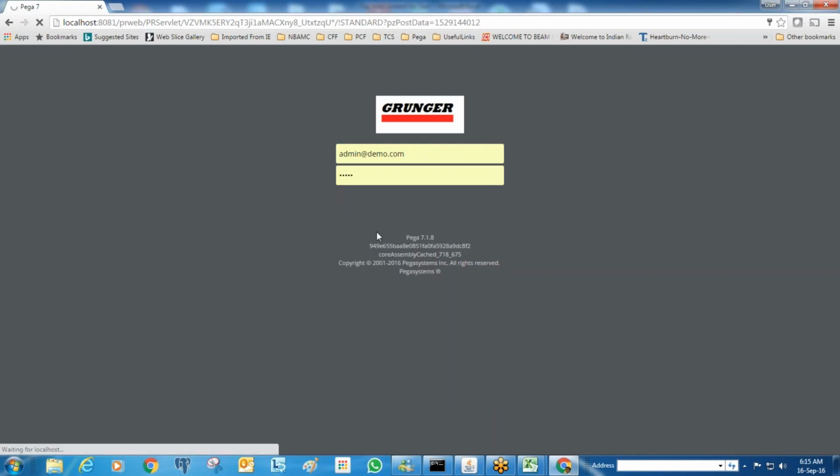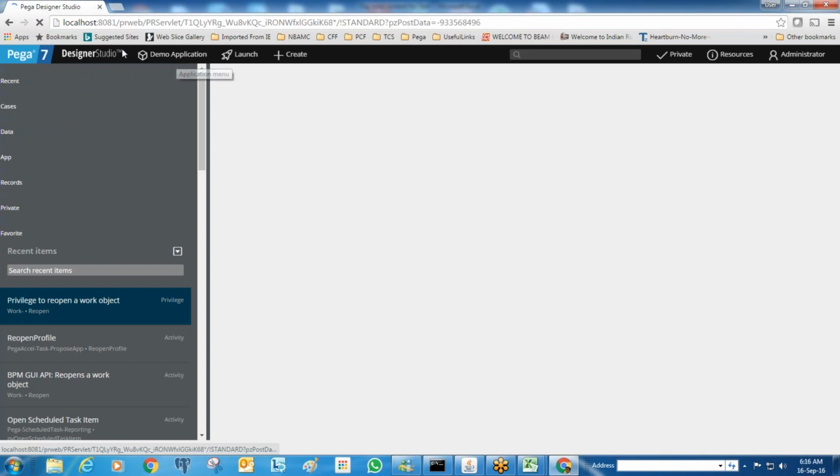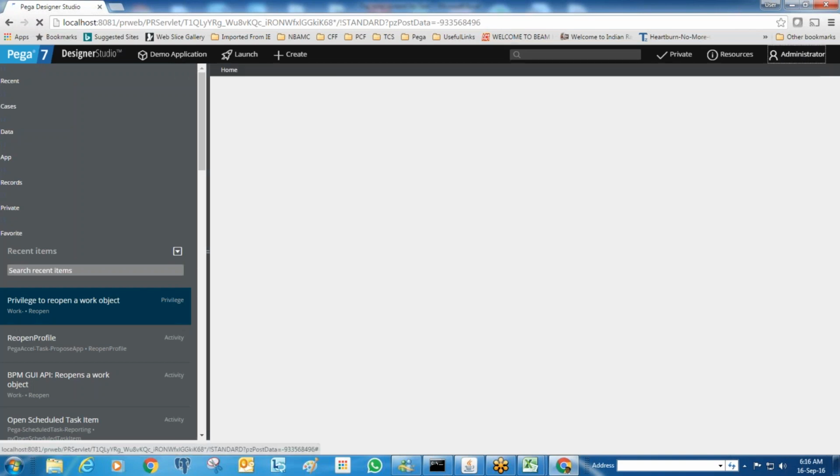When I log in into this application, how does the system know which one? I have a lot of applications and a lot of operators in my system. How can the system determine this is the correct application or the correct portal? When I log in as a developer, I'm getting the developer portal. Let me log in with a different user ID.